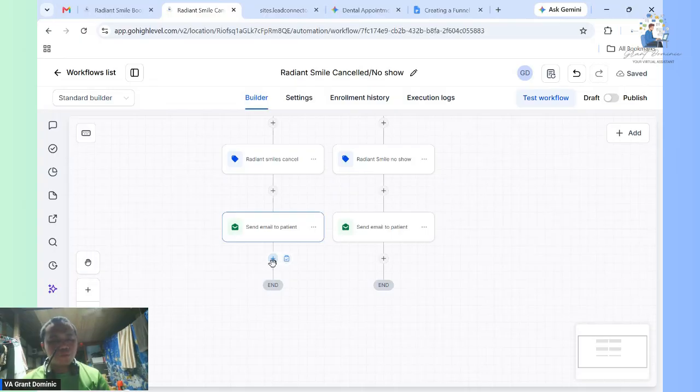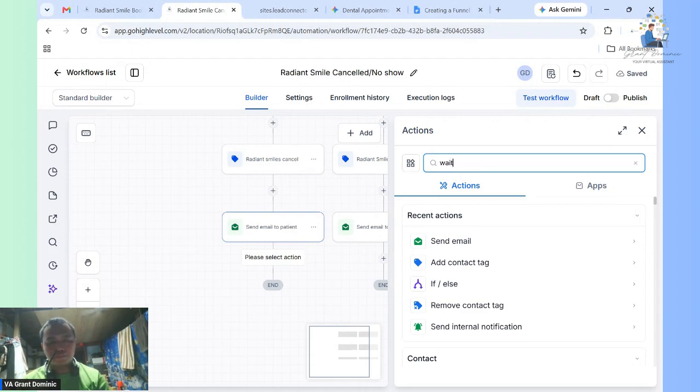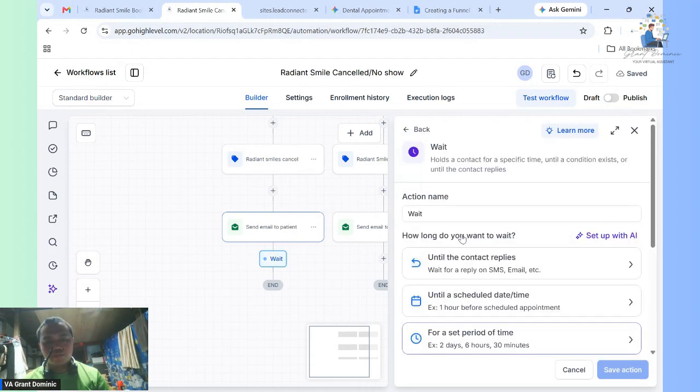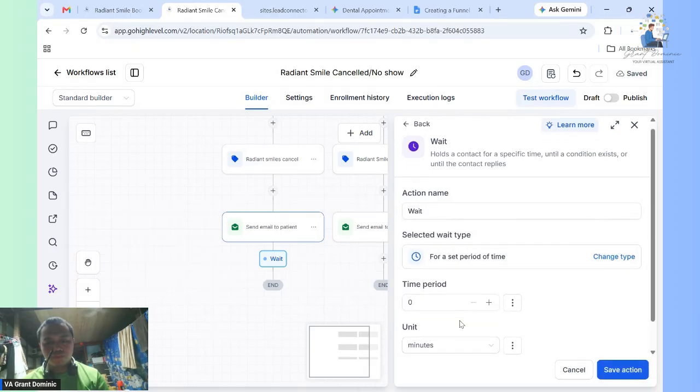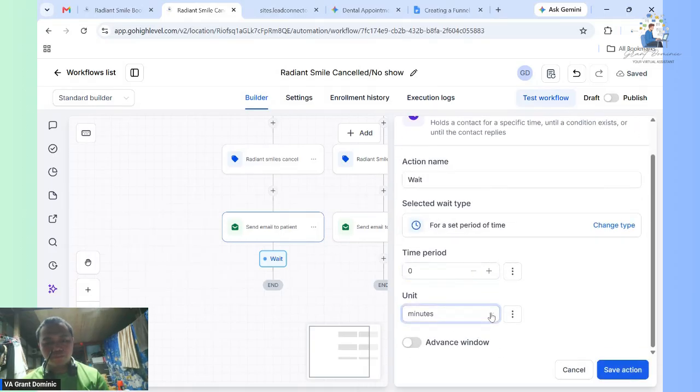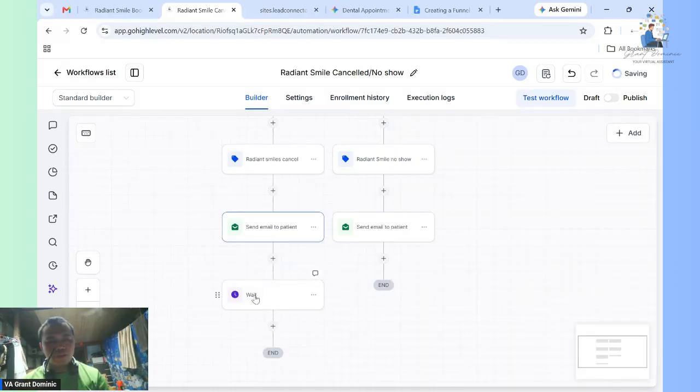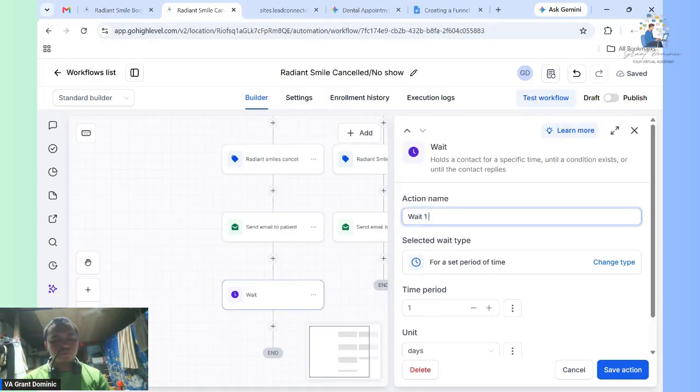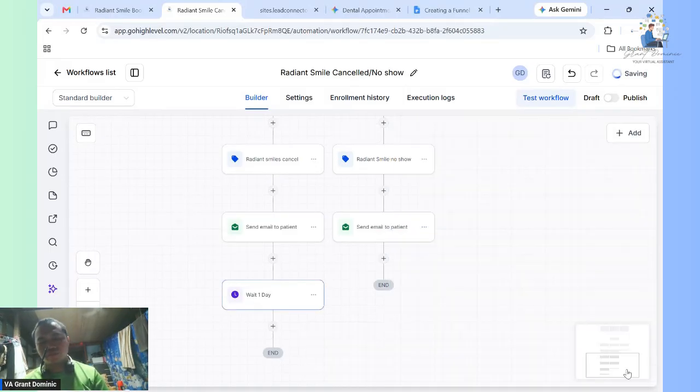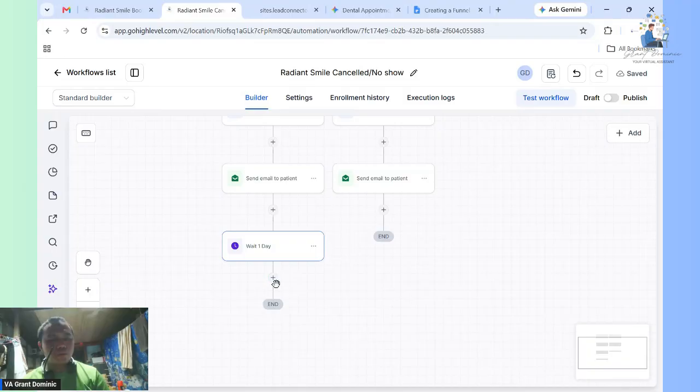So for the example, we will wait for 1 day. We will add a wait. Just wait for a set period of time. One day. Wait 1 day. So we will wait 1 day. So after that,